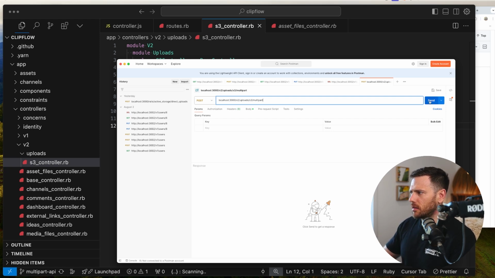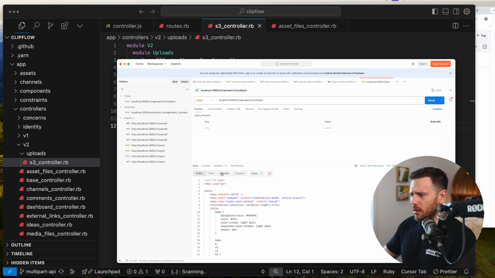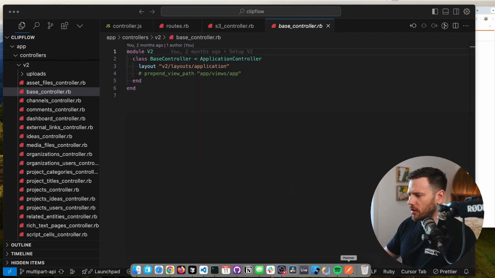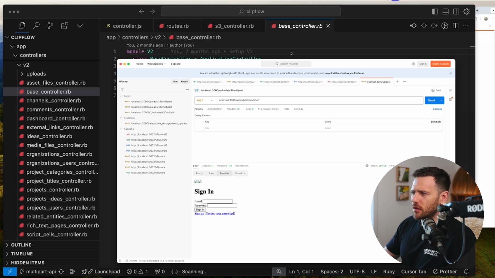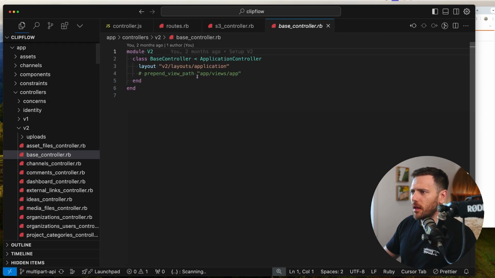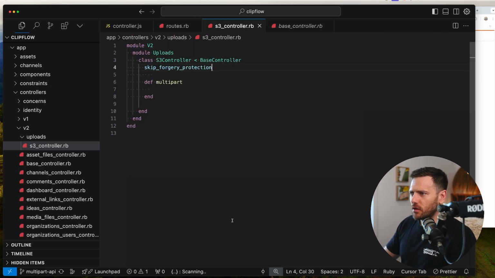And let's just send that. And what are we getting? V2 uploads. So the route that we actually have to use is without the V2, because I've actually forgotten that I've made V2 default, so you can see here, V2 path is just slash. So that's fine. But now what we need to do is skip forgery protection because we don't want this CSRF token,